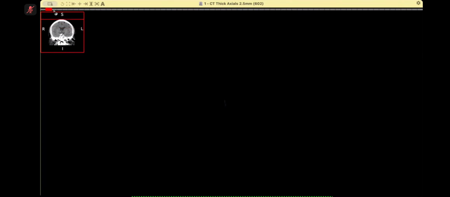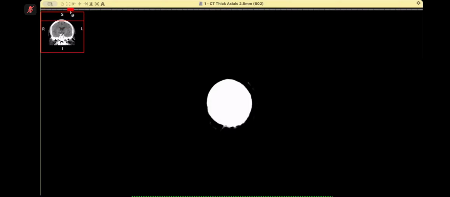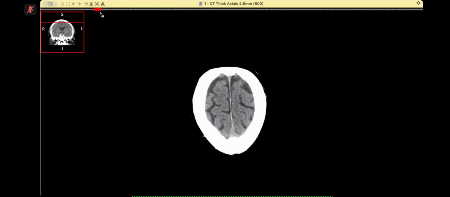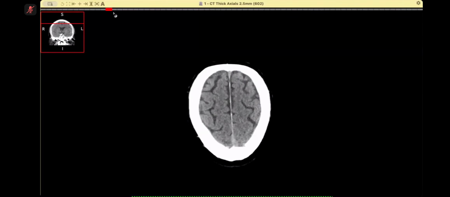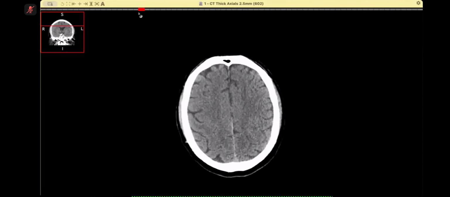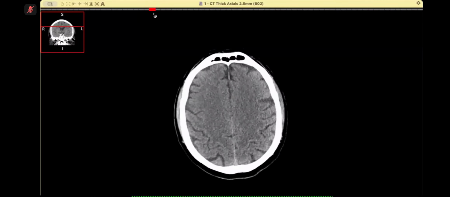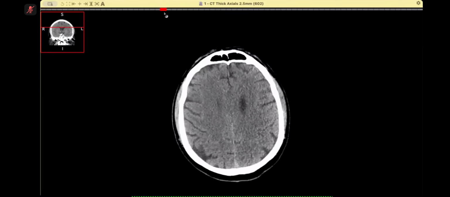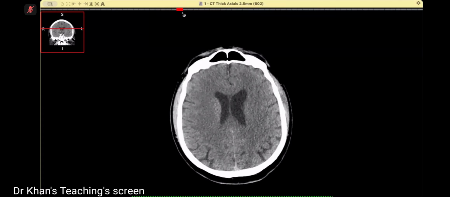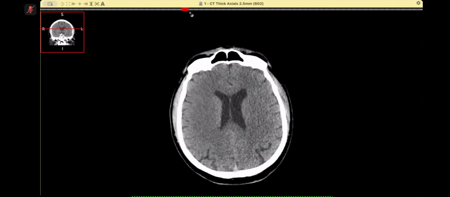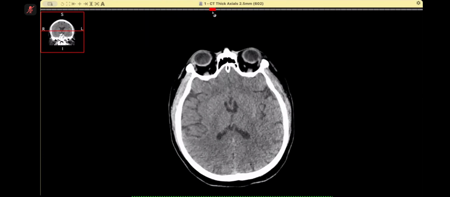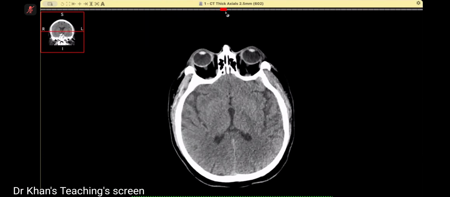Okay, I'm provided with CT scan plane of the brain axial images, and I'm scrolling through the images, and bilateral cerebral hemispheres up till now appear unremarkable, and there is soft tissue thickening seen in the frontal region, and I'm scrolling through the images, and